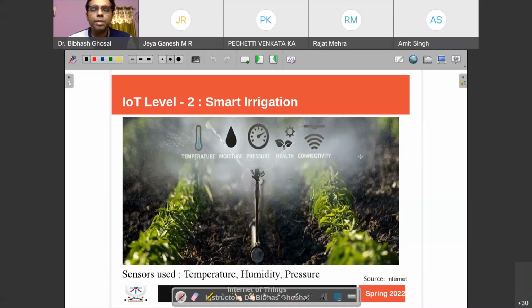A typical example is smart irrigation, where you have many sensors. Each sensor that you deploy will be of a specific type, because it is required for a particular purpose. So let's say you want to monitor the health of your plants. Smart irrigation means you would like to